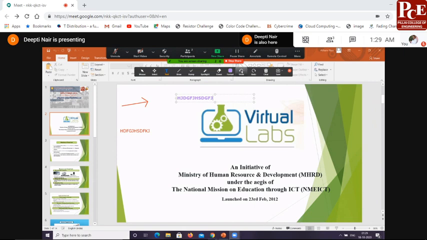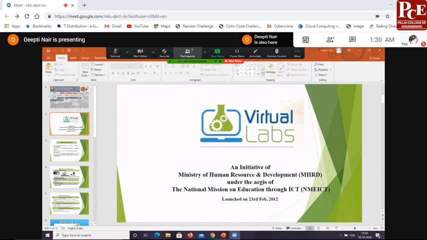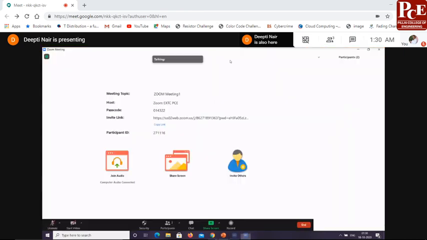Then you have the regular ones, that is undo, redo, and things like that. If you want to erase everything in one shot, you can click on clear and clear all drawings. So whatever you have drawn on the PPT will go away. If you want to save the changes you have made, you can click on this save button. So these are the options you have while presenting your presentations, for which you have to go to this annotate. I'll stop sharing this one.